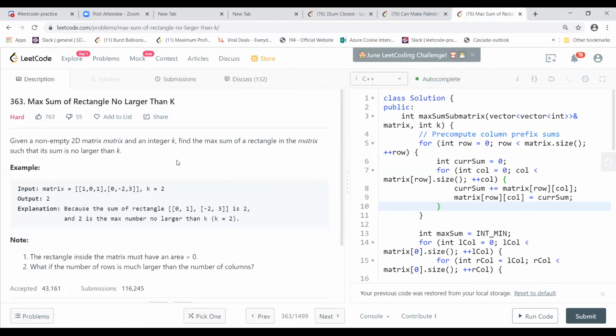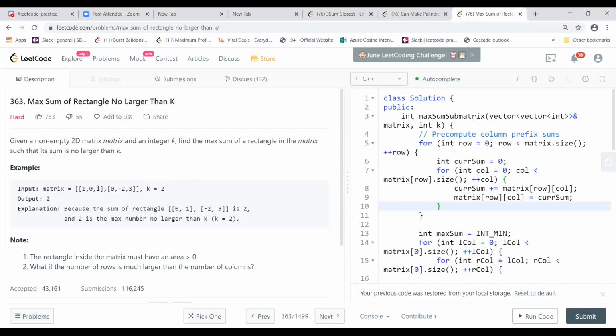So it talks about the max sum of a rectangle, and it says the max sum of a rectangle should be no larger than k. We are given a 2D matrix and an integer value k. So we need to find the max sum of the rectangle in the matrix in such a way that the sum should not be larger than this k value.